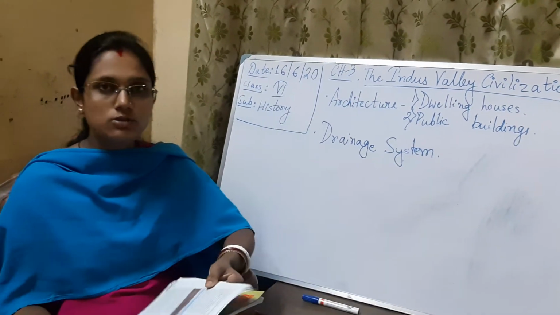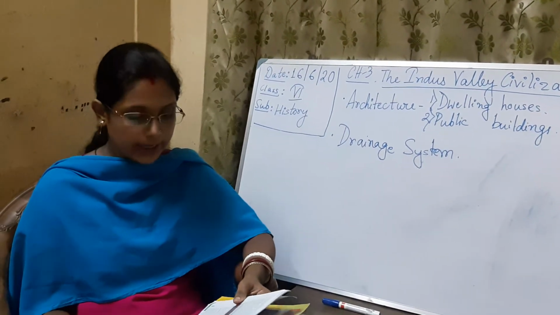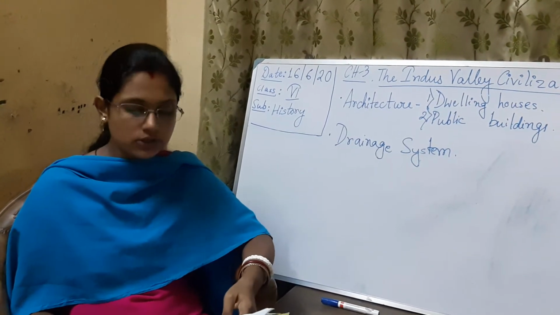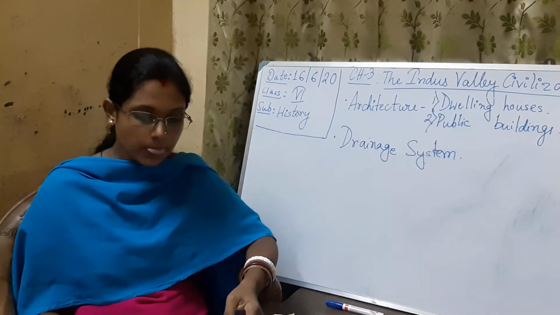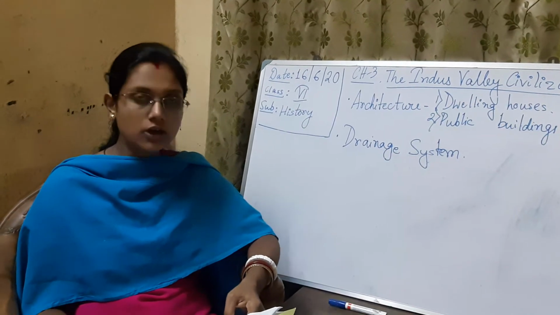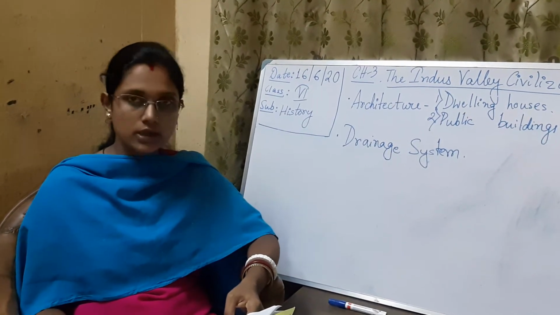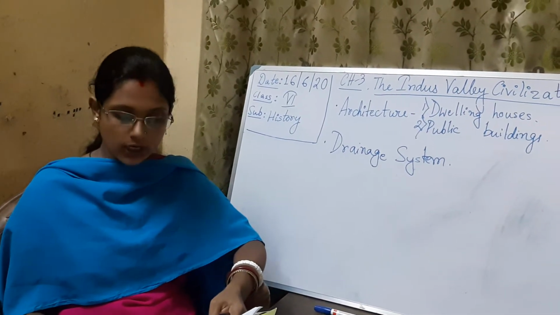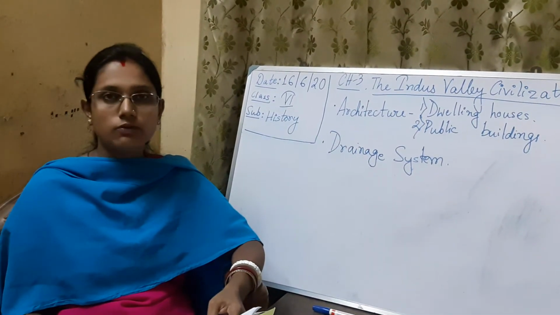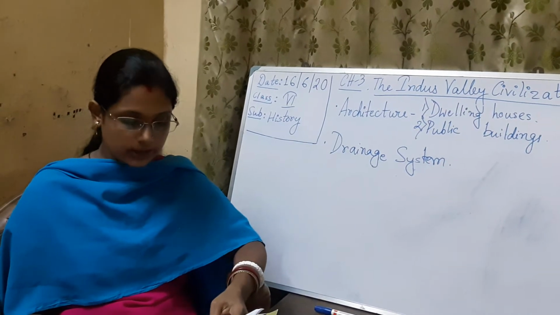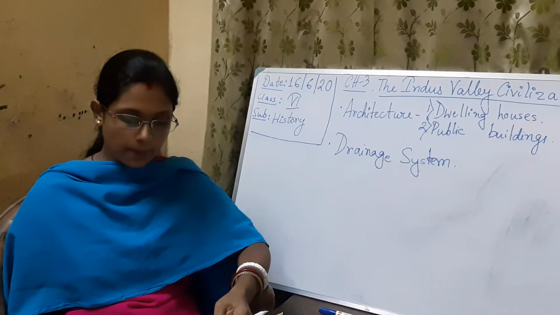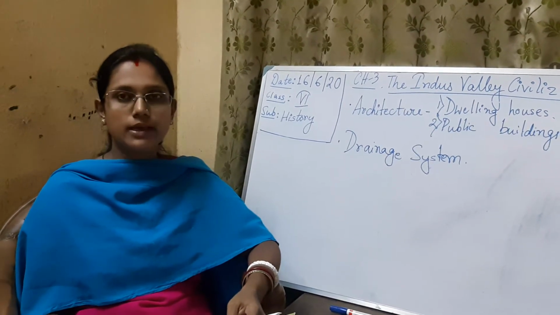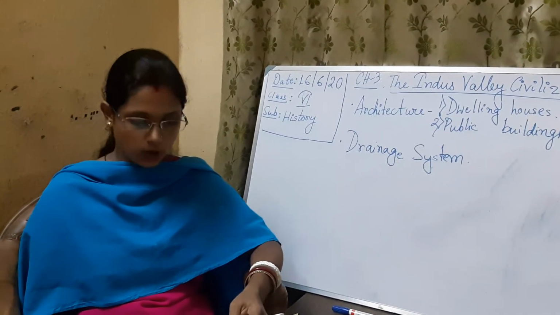Now there is also another example of a public building, that is the Assembly Hall. Assembly Hall was another striking building which is found in Mohenjo-daro. It was a pillared hall with thick walls and 20 pillars made of burnt and baked bricks. So 20 pillars were made, and that was also made with burnt bricks. This may have been an Assembly Hall, a prayer hall or a palace. So Assembly Hall means people used to go and pray in that hall.